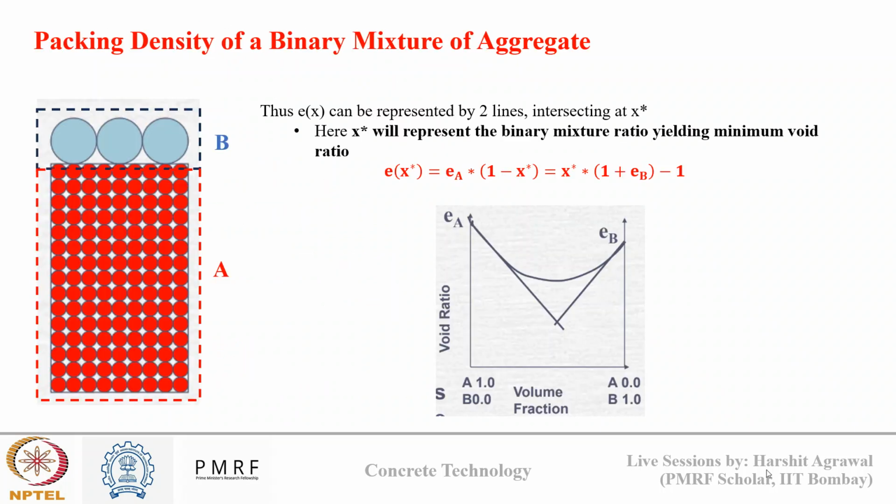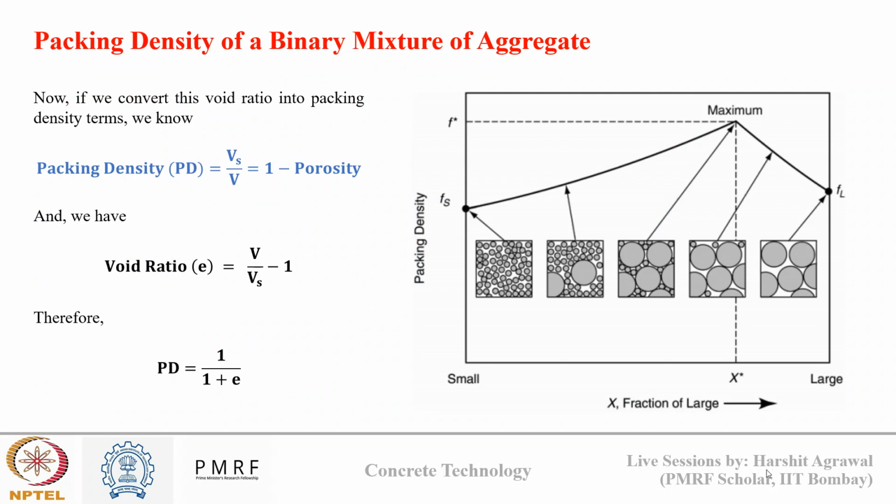So last week we concluded the third week of the course, where we started the discussion on aggregate characteristics by talking about packing density of aggregate in a single-sized and multi-sized system. We derived how void percent of a binary aggregate system will depend upon the aggregate proportioning. Then we saw its relationship with packing density, and we solved a couple of numericals to understand the application